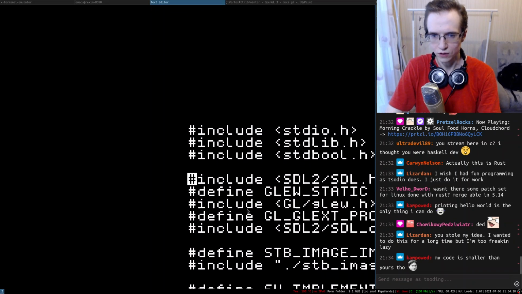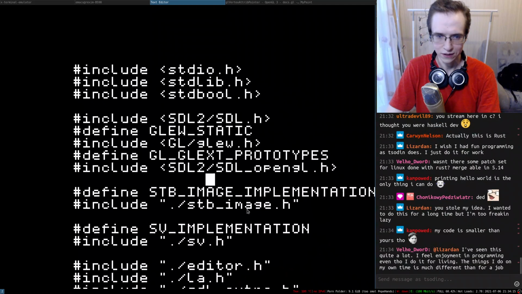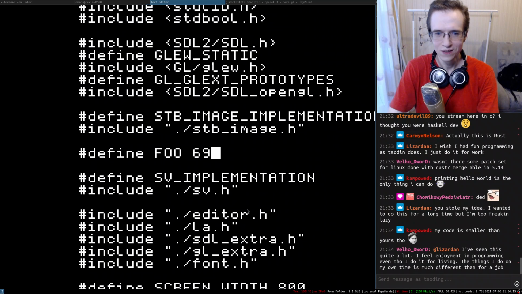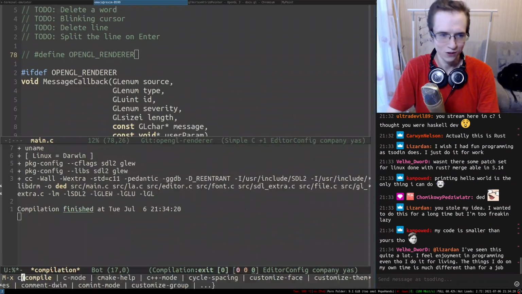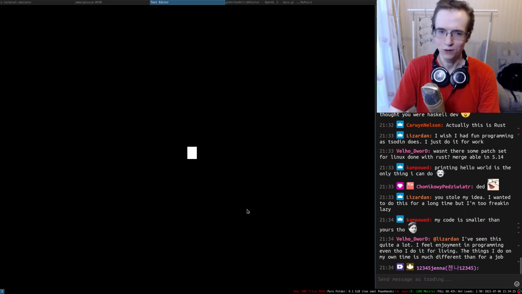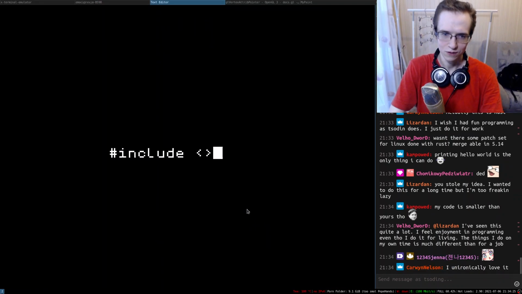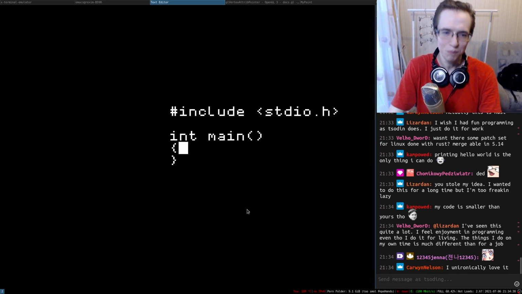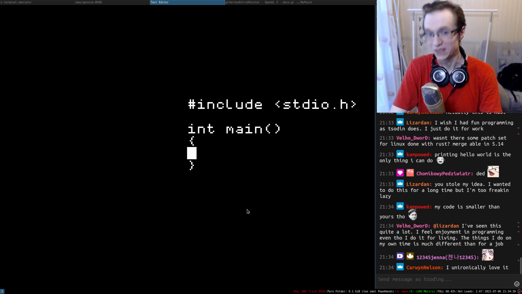So this is how it looks like, right? This is the text editor, and I'm not even joking. So this is how we do that. And if you start it from scratch completely, this is how it looks like. You start typing your code, and that's basically the text editor experience.